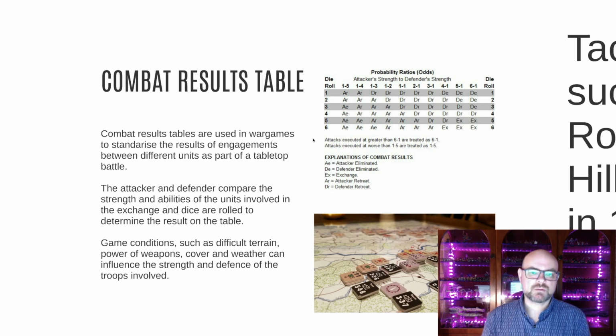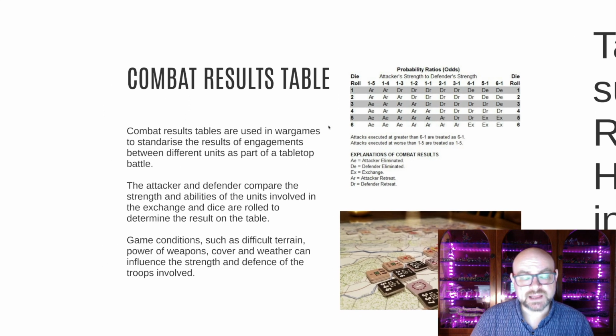You can use a combat results table for a range of different simulations, whether it's trying to be the best YouTuber, right? You can have a game in which you're trying to be the best YouTuber, and you're rolling on a results table like this to determine how your audience responds. So dice are just a really important way of providing an engaging and interesting simulation within a game experience.